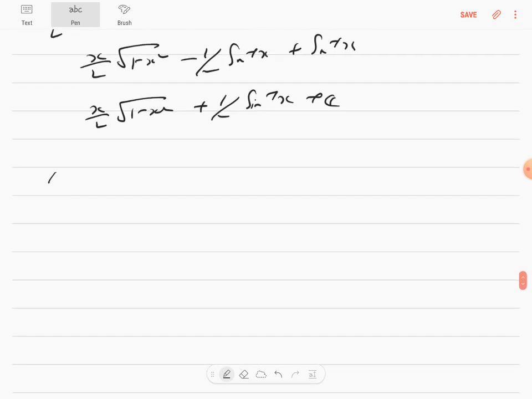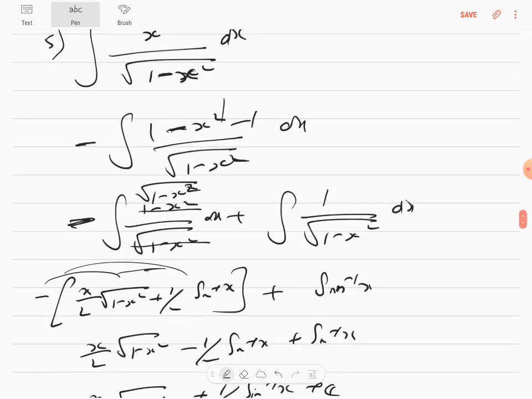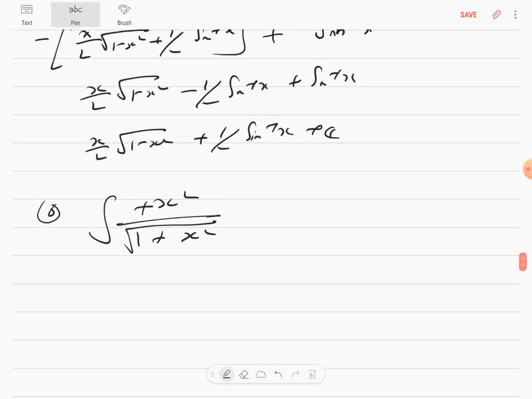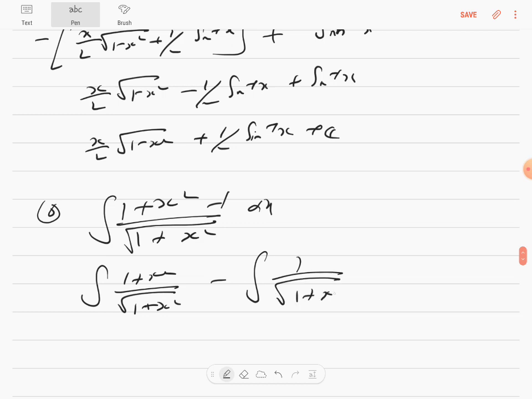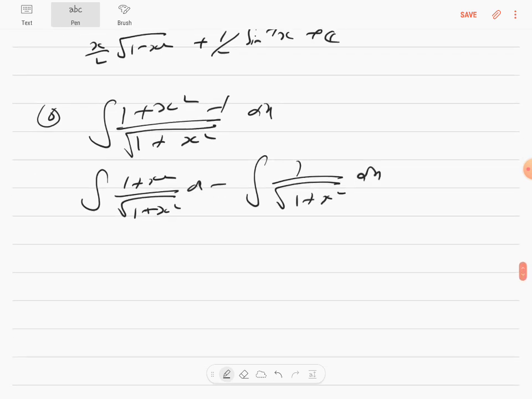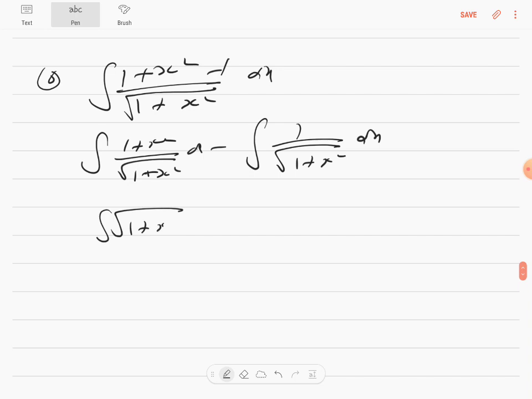So then the sixth one is x square by root of 1 plus x square. With the root there, you don't have to worry, you just have to add 1 and subtract 1 and split it up, so it will become 1 plus x square by root of 1 plus x square minus integration of 1 by root of 1 plus x square into dx. So this will be root of 1 plus x square into dx,